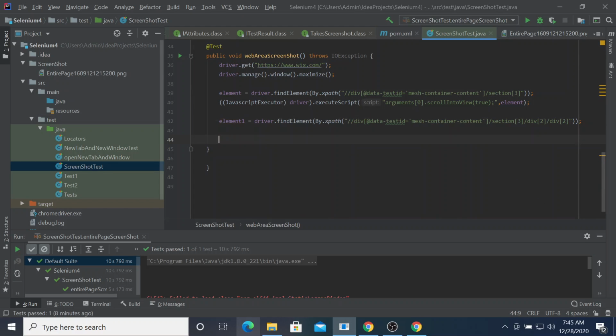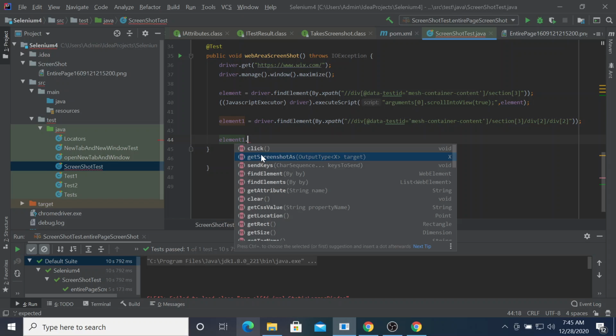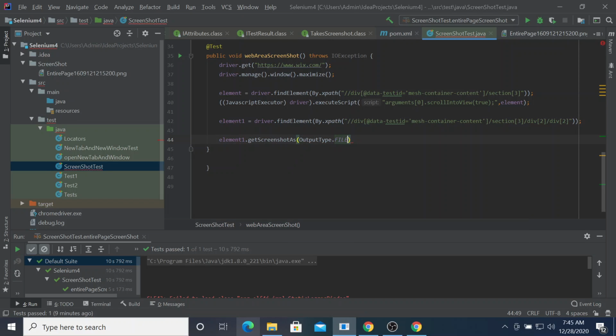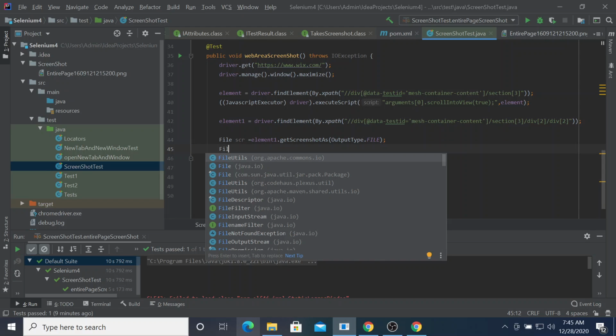After that I need to take a screenshot of this element 1. In order to do that, I will write element 1 dot get screenshot as output type file. I need to get it to file since it's storing in my memory source, and after that I need to define my target location file